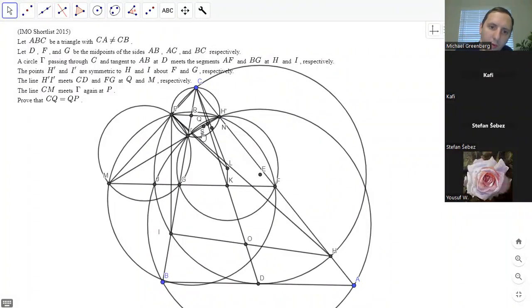So we just need to show, let's think about that. We want to show angle QCP is QPC. QCP is QCI prime plus I prime CP. And Q